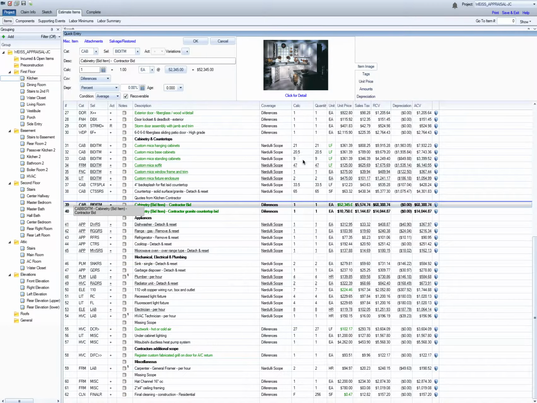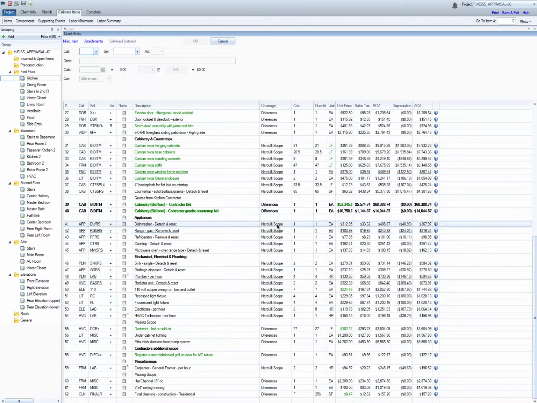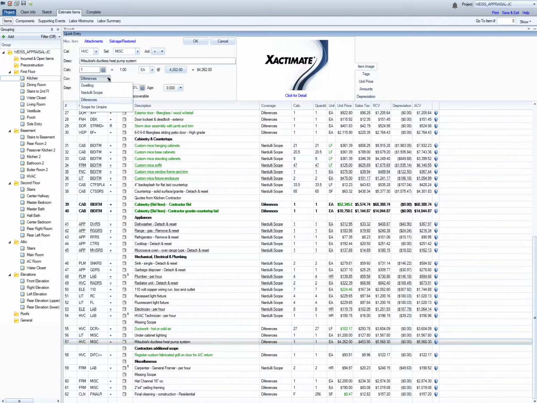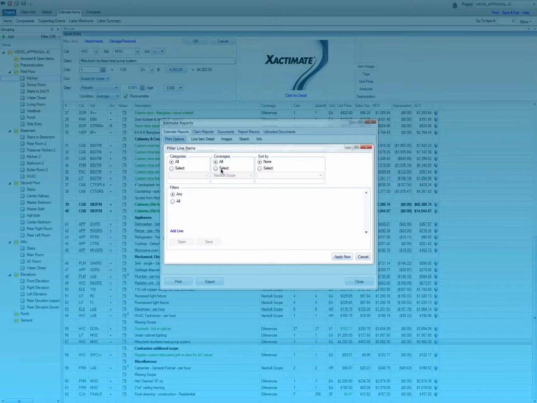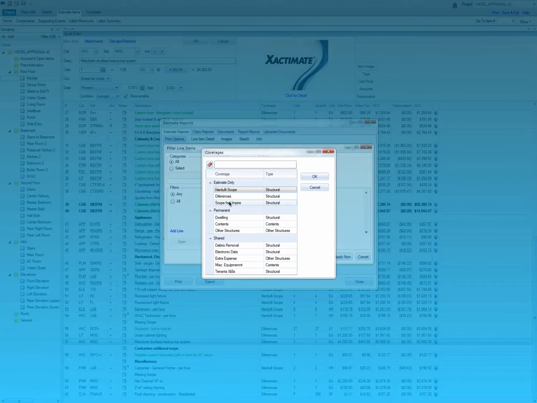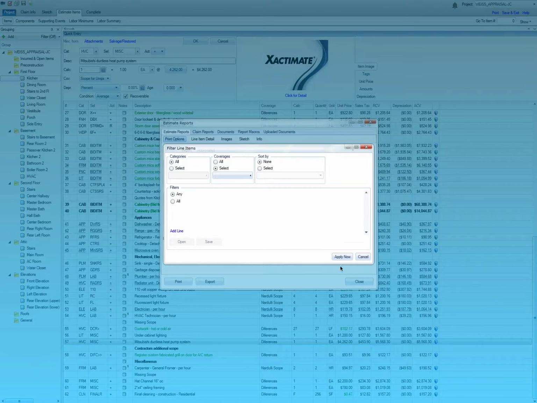It's simple, you can move the items above the line and we'll change the difference to Nardoli scope. Or if you say when we meet, I'm absolutely not agreeing on this item, then what we'll do is we'll just change the item in the coverage for scope for the umpire, and then when we're ready, we'll actually filter the report. If we don't agree and we have to go to the umpire, we'll filter the report to say on coverages we'll just print out differences, scope for umpire,